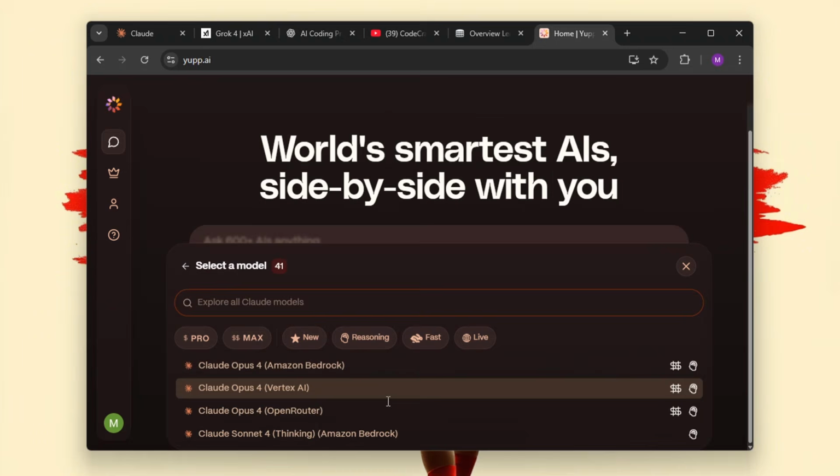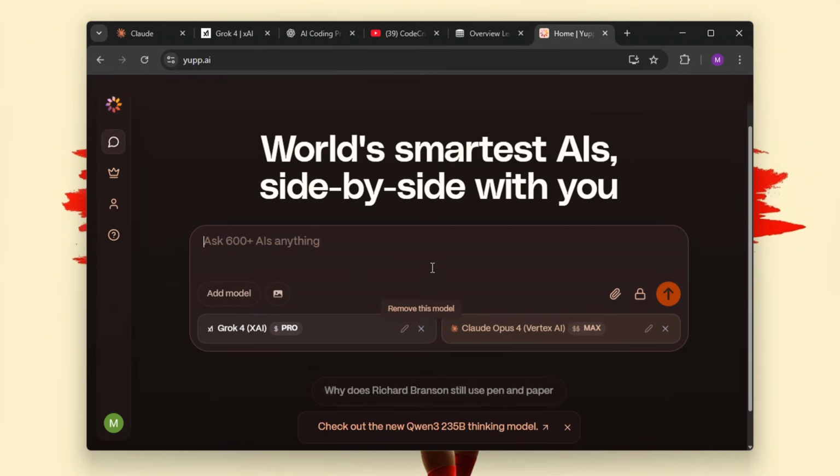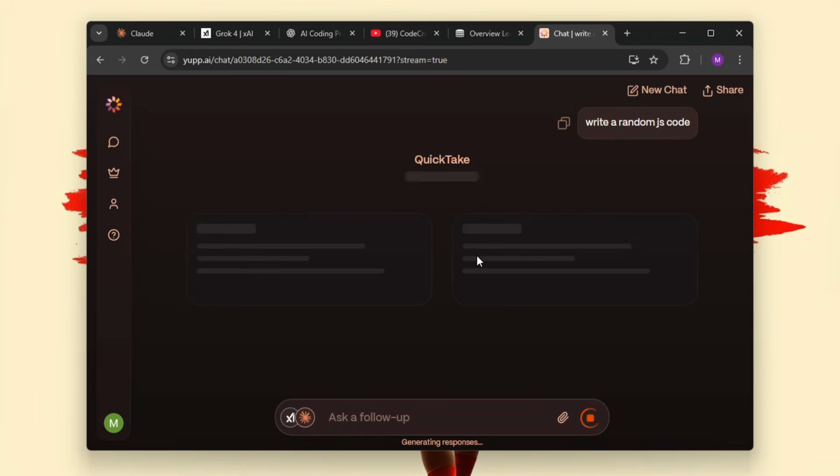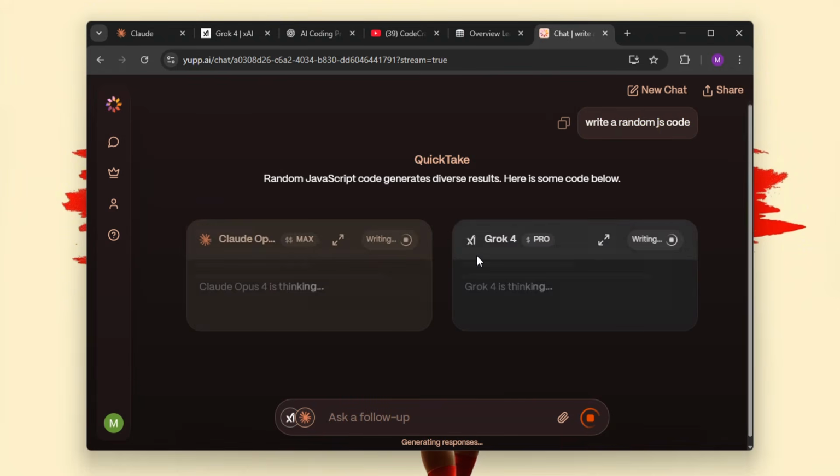I will select the Claude Opus 4 model. Then you have to give any random prompt, like I'll give: write a random JS code. It should start generating the response,